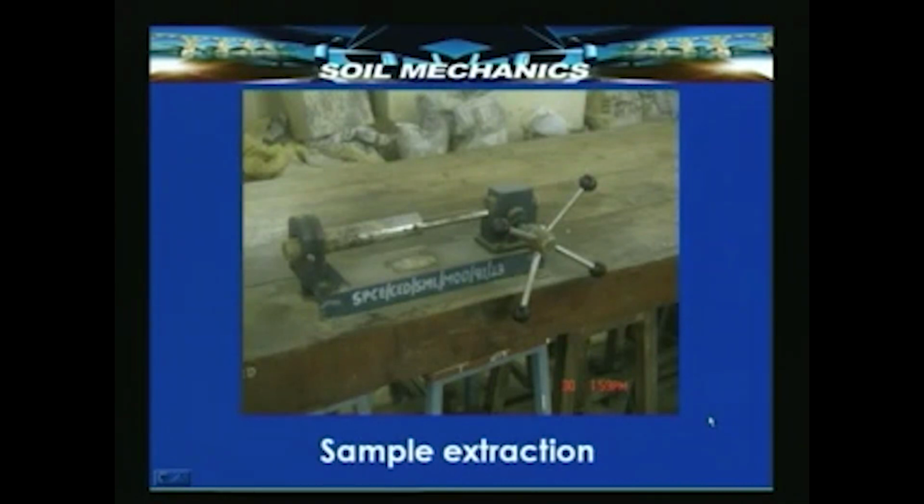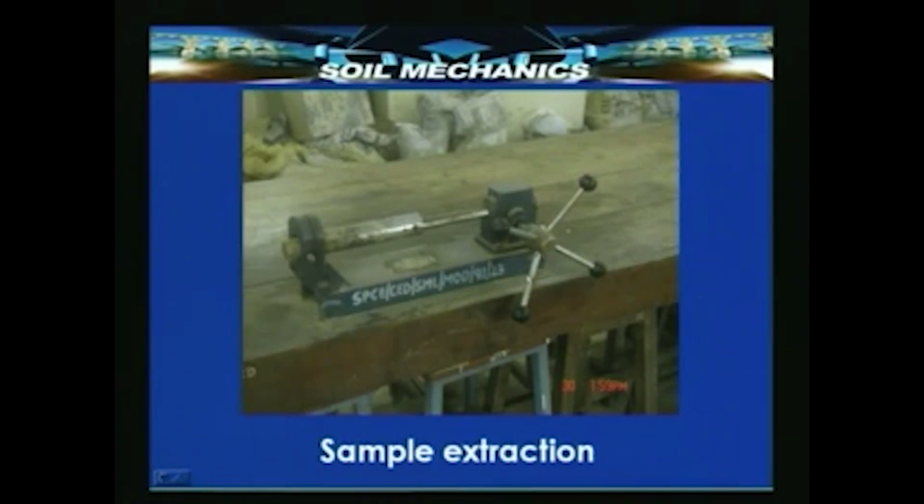Now, in the case of a triaxial test, we need perfectly cylindrical specimens whose ends are quite planar, whose sides are perfectly vertical, because it has been found through experience that a specimen which does not have these characteristics sometimes gives errors in the final results. Sample or specimen preparation is therefore a very important aspect,